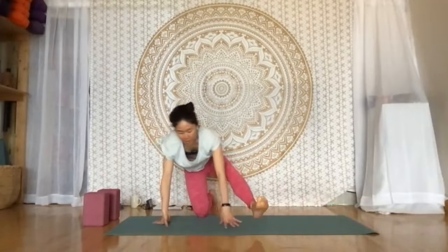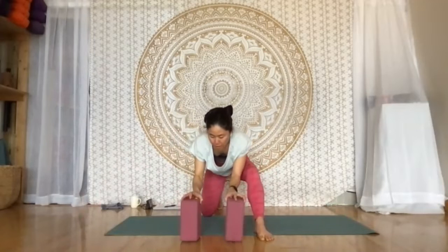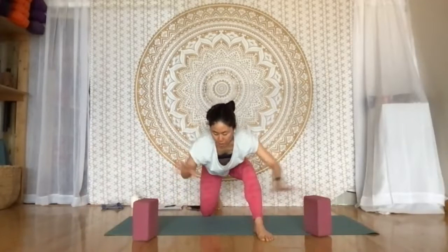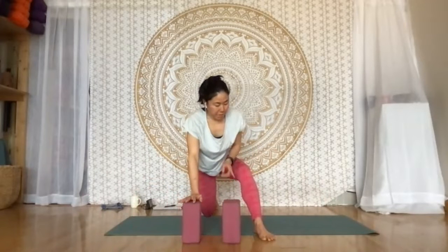And I'm going to mirror you here. Now, here's a great place for blocks. Keep your left toes tucked underneath you, and you can place blocks under your hands. You might not need them. You can also just come up onto your finger pads. Okay? So take a look at your right foot, and then I'd like you to scoot your right foot forward